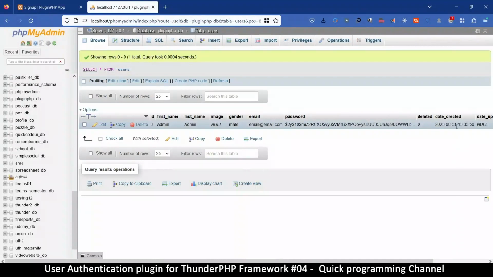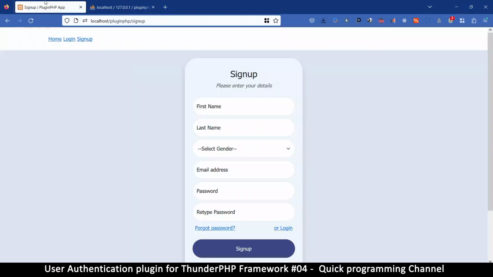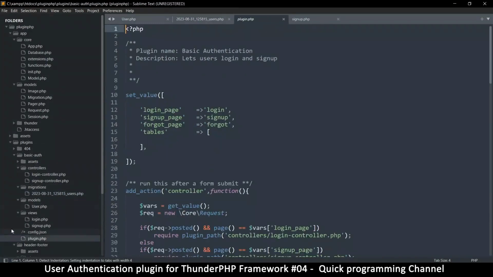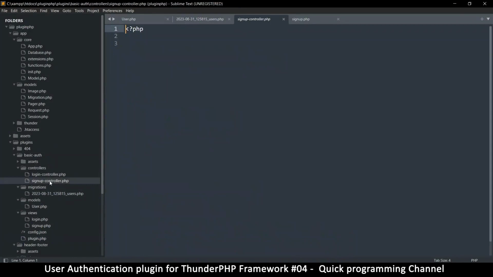We have a date this time, which is awesome. And the first name and last name, email address, great. Right, so we can actually log in now because we do have those details. But let's fix the sign up process first. At least now we have a table, so that is good. So now what we will do is, we are in the plugin itself, basic auth, and we go to the sign up controller. So at the sign up controller here,